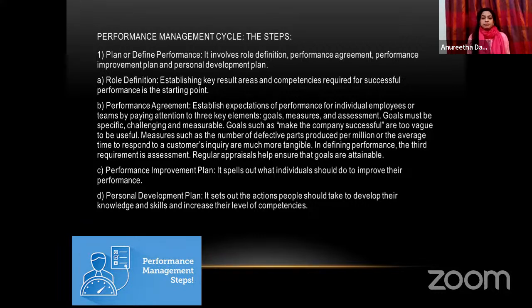So, you can see each step, starting from planning. You plan in order to achieve development, and in order to understand our roles. Next is role definition. After understanding the role, you need to understand how to establish a result from these roles. Next is performance agreement. Any agreement that you have should be measurable and challenging, and it should make sure that it is not vague. It should be easier to understand and ensure that the company is marking success.